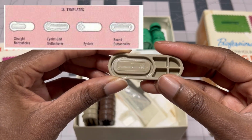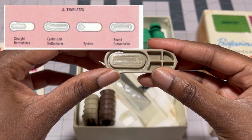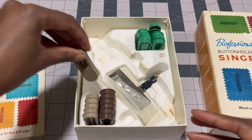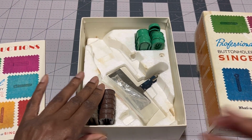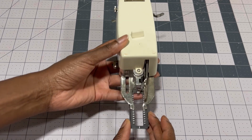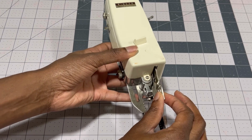On the back of each of the templates, it shows the size of the buttonhole that it creates. It's in millimeters as well as fractions, and it's kind of hard to read here on camera, but they're all there. Now, without further ado, we have the buttonholer itself, and on the far left there's a lock knob for